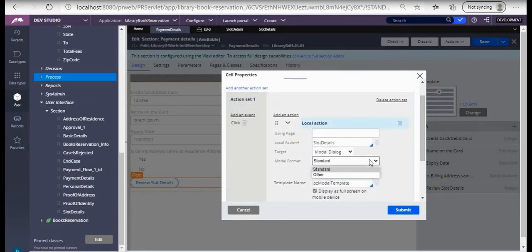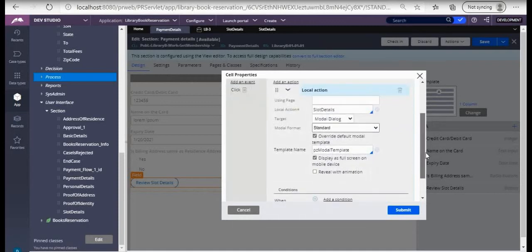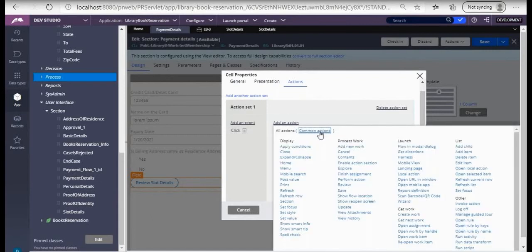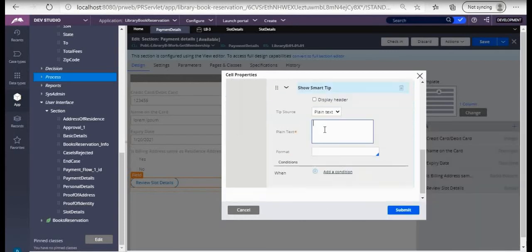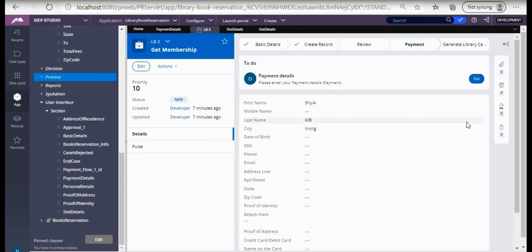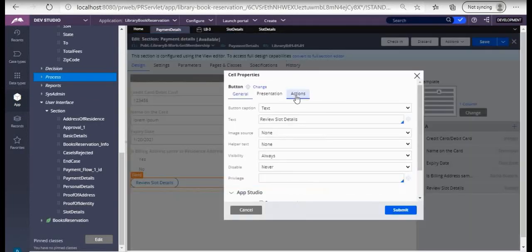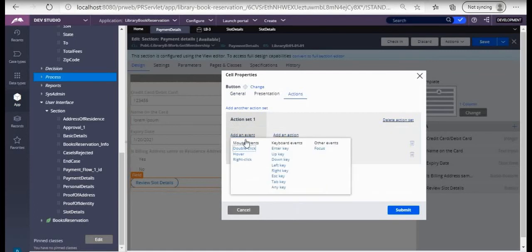Okay, so model dialog standard, this is one. Or else if you want a tooltip also to be added, on click tooltip. So smart tooltip. What do you mean by smart tooltip? Yeah, take a plain text and it displays on click, place slot details sub. I think we need to keep another event. The event is by mouse over it should show, because if on click it should not show it. On click something should happen, and even then here it should show.